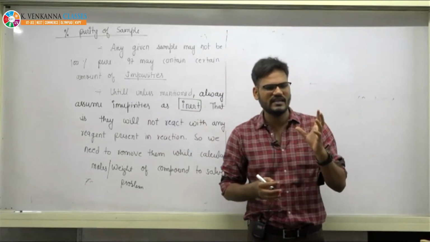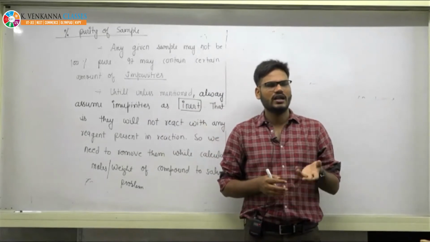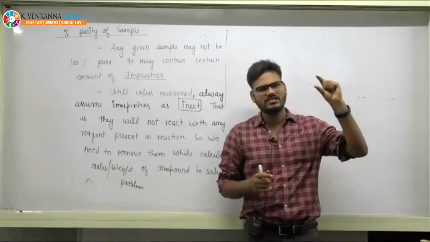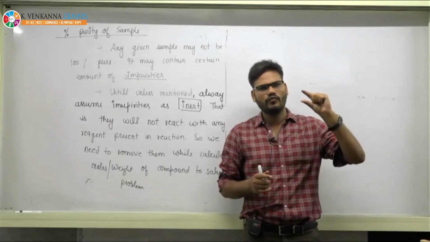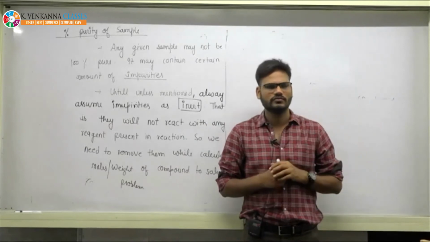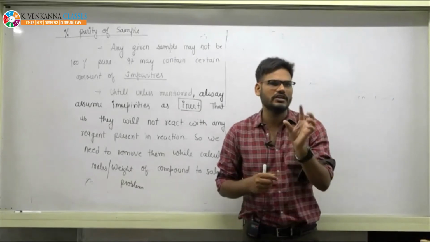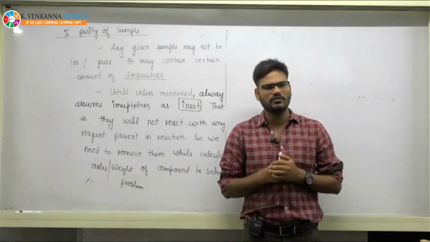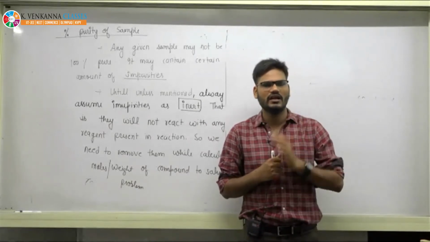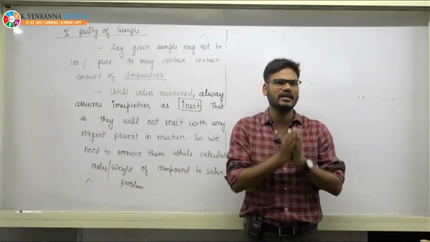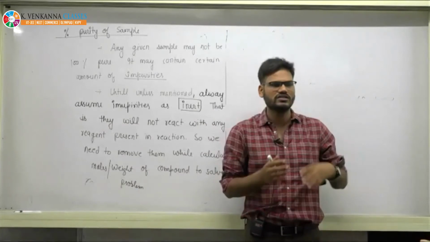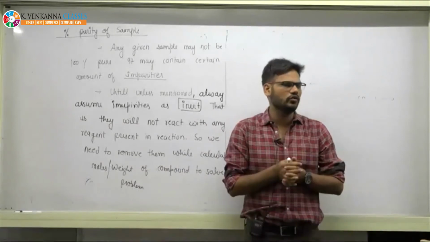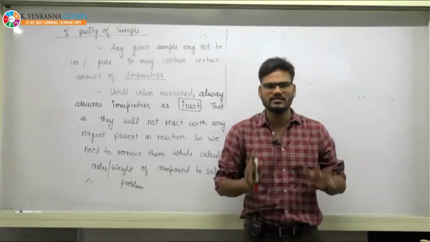If they say this 100 gram of sample is taken, and it is 80% pure, what you have to do is one extra step, in which you find out the actual weight of the compound. As it says, 80% of the sample is pure, you just calculate the weight of 80% sample. So 80% of the 100 gram will become 80 gram. So you have to solve the question considering the 80 gram. Ignore the remaining 20 gram because it is all about impurities, and impurities are not going to participate in the reaction unless mentioned.